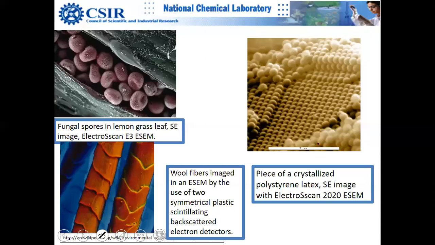Yeah, and this is a beautiful sample. Polystyrene. These are all polystyrene particles, almost spherical. These are actually spherical particles because these are large in size, so you can easily make them spherical. And these are all amorphous. These particles are amorphous, but they are assembled in a crystalline assembly.